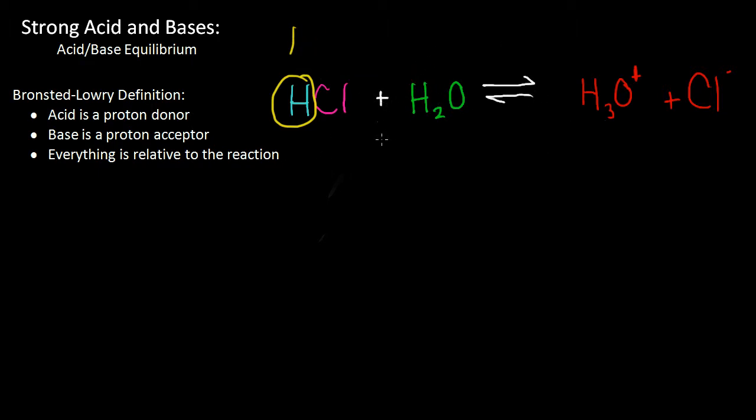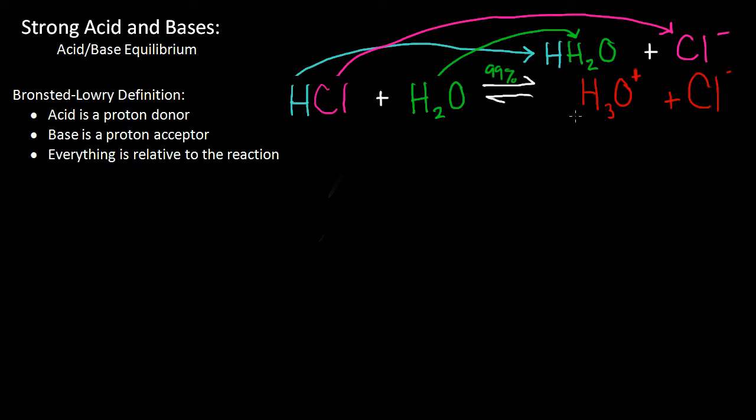So in this reaction, you can see we have hydrochloric acid, HCl, plus water, results in H3O+ and Cl-. What's happening here is this H from the HCl is being given to the water, as is displayed here, and the water is accepting it and becoming H3O+. Because the HCl has lost its hydrogen to the water, it leaves a Cl-. So in this case, the HCl has donated a proton to the water, and the water has accepted a proton